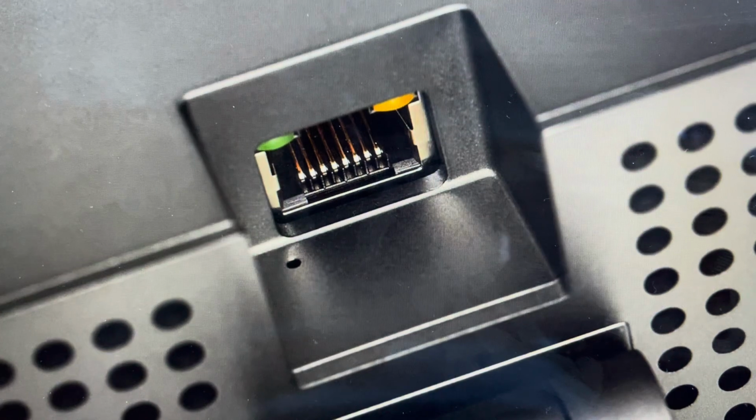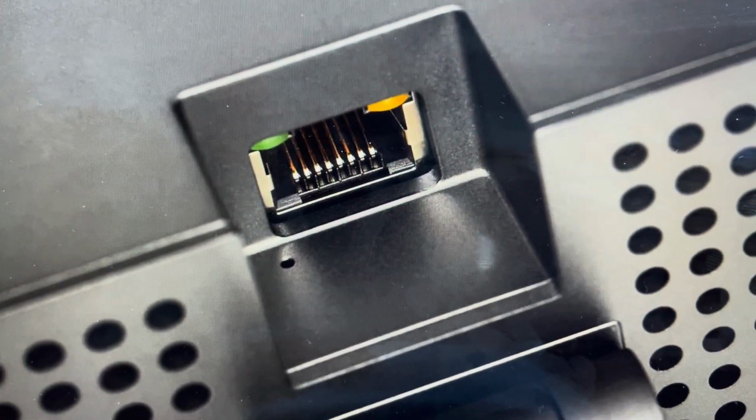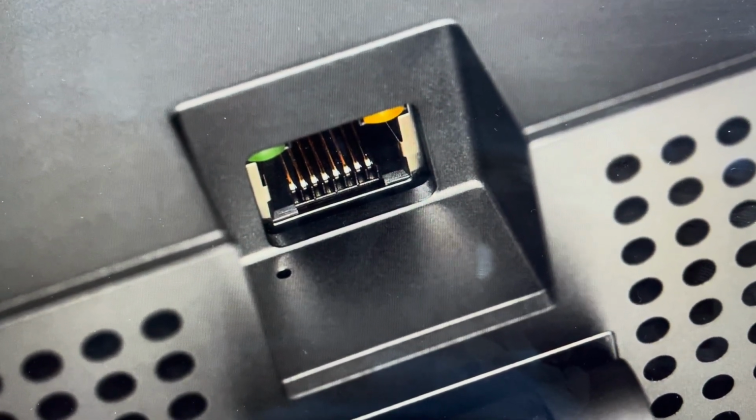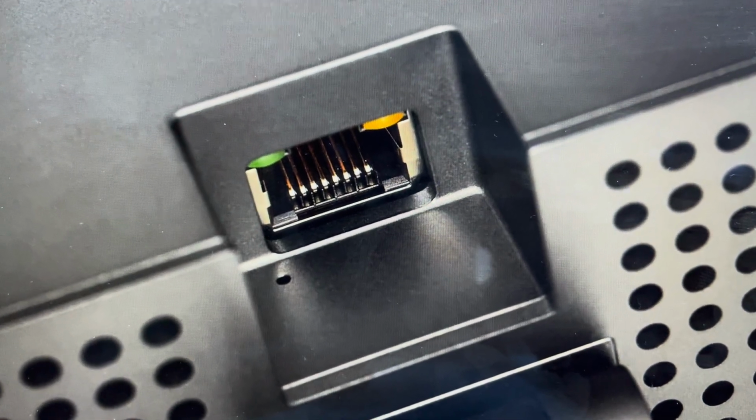And then we're going to come in with a paper clip or a pin or something. Just make sure it's not too sharp that it could damage things. And in that little hole in the top left of the connector cavity, we're just going to press and hold it. And then while we're pressing and holding that button, we're going to go ahead and plug the Ethernet cable